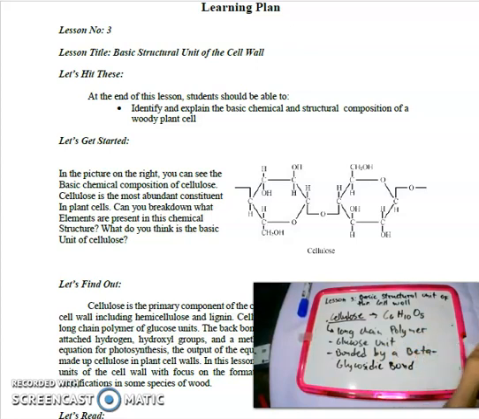What you need to understand is that cellulose is a long chain polymer of glucose, which is bonded together. Each glucose unit is bonded together by a beta-glycosidic bond. Now, to illustrate this one for you to better understand,